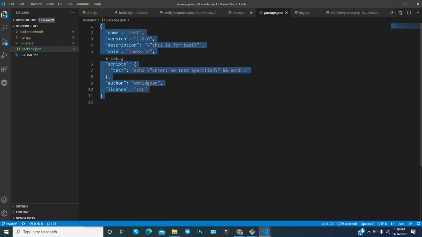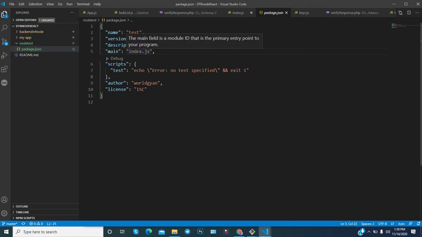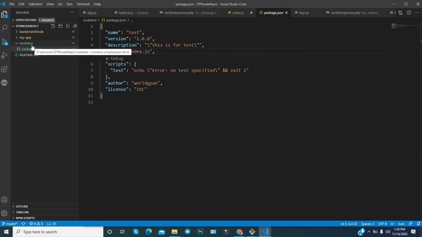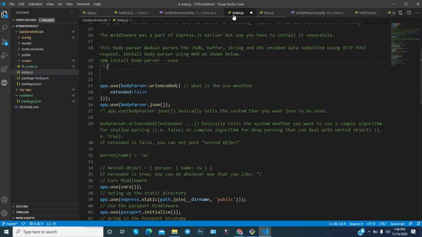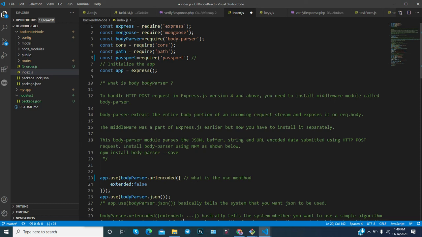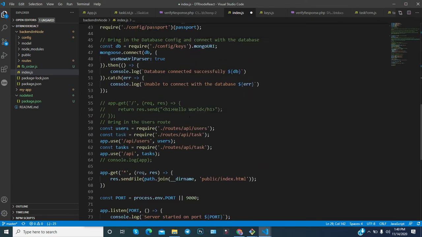Now all the things you have to do are in the index.js. You need to create an index.js file and some other details in it. So you understand that the main file is index.js here. In some cases it is app.js. Whatever entry you have selected, that will be your main file. Here in this case it is index.js. So let's close it and go to the index.js which we have created, where we did some configuration and some coding. So let's talk about this.